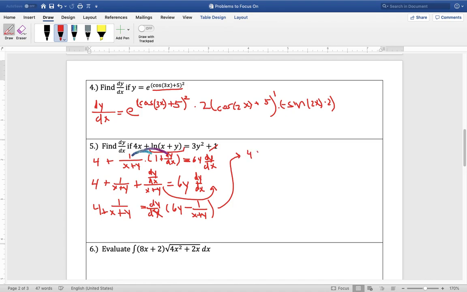So I'm left with 4 plus 1 over x plus y, and that's all over 6y minus 1 over x plus y. All right, so I divide this whole parenthesis underneath, and equals